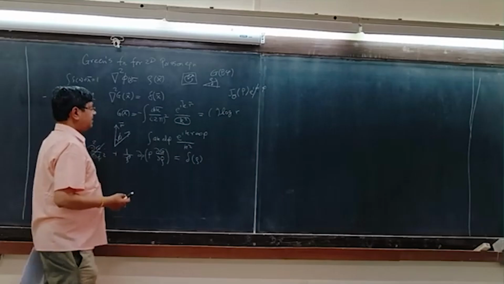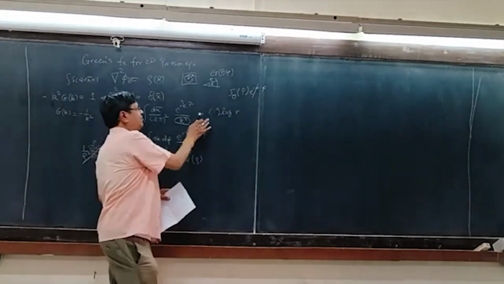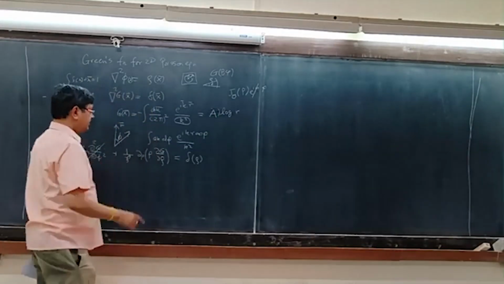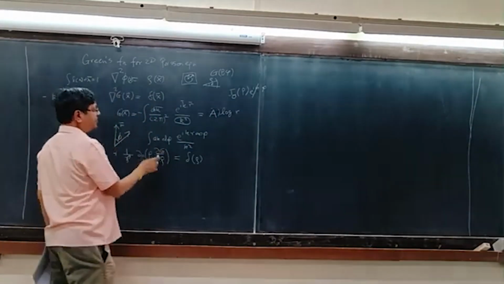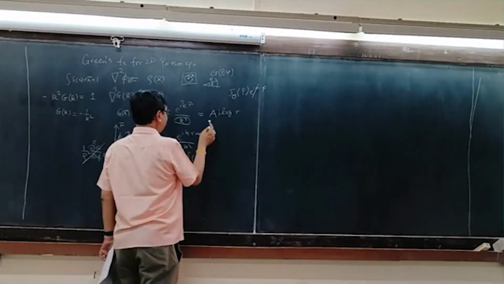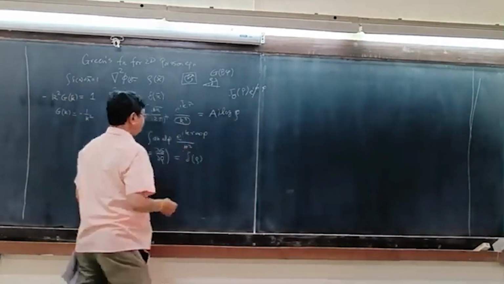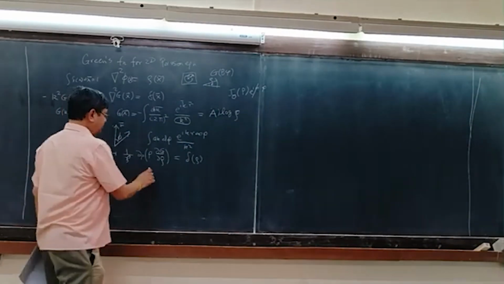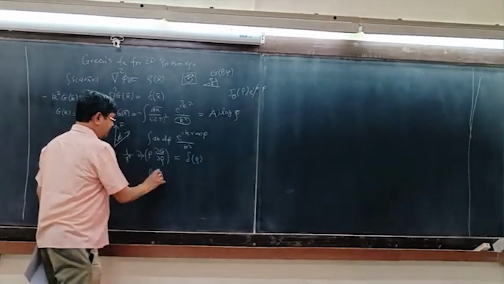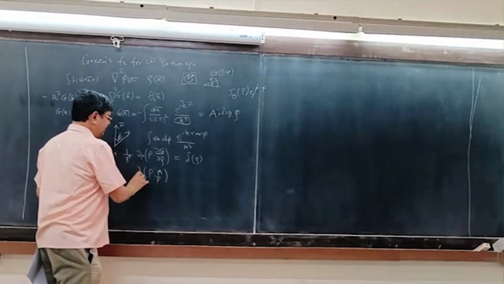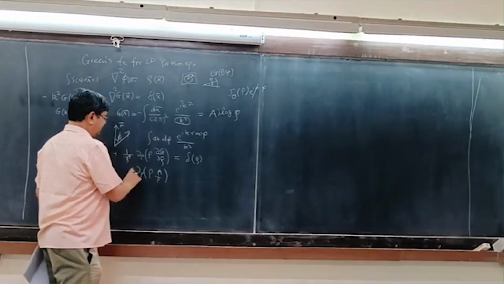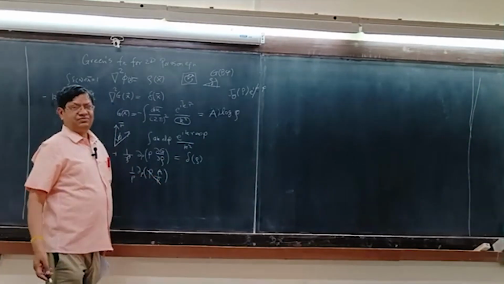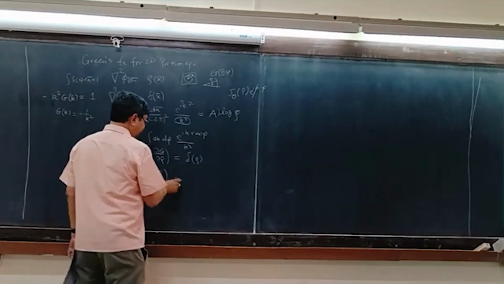So what should be g? So g I know is log of r. Let's call this prefactor A. So what is the derivative of log r? Log rho. Okay, so let's call it log rho. So what is the derivative of log rho? It is 1 by rho. So A d by d rho of 1 by rho... what is this? d by d rho of a constant is 0. So this is 0